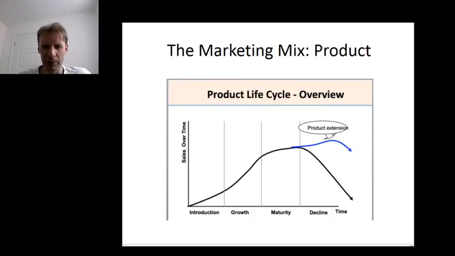And then the big concept in product is the product life cycle. The idea is that any particular product has a life. It starts off by being introduced into the market when it's put on the shop shelves and things like that, and as it is introduced to the market, it appears in shops. You can see on the vertical axis that sales start to increase, and then as word of mouth gets out, word of mouth promotion starts to generate, more and more people buy the product, and the sales start to grow